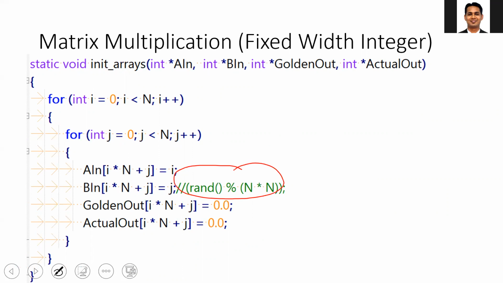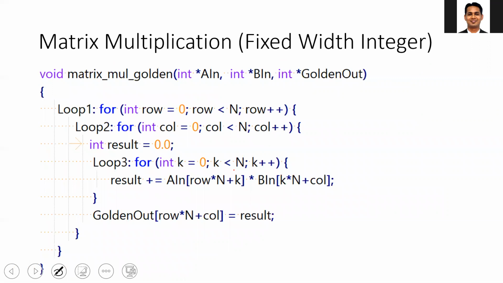Our customer has told us that my inputs and outputs are all integers, so we don't need to generate fractional numbers here. That is the one thing you need to take care of. And while the hardware, software code, and golden reference will still work at 32-bit integer, because the processor has 32-bit integers, you can't change the integer size in the processor implementation.